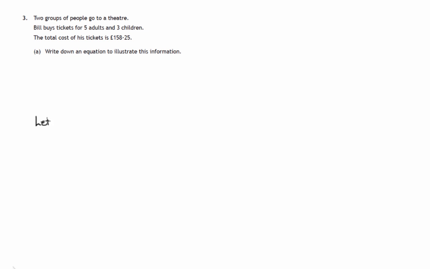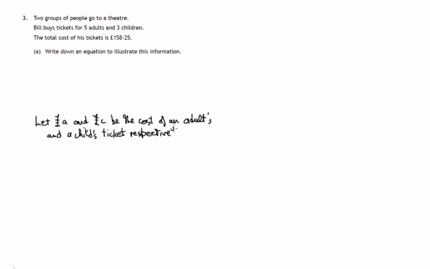So we'll let A pounds and C pounds be the cost of an adult and a child's ticket, respectively. That means in the order that we gave them. So that A pounds is for the adult ticket, C pounds is for the child's